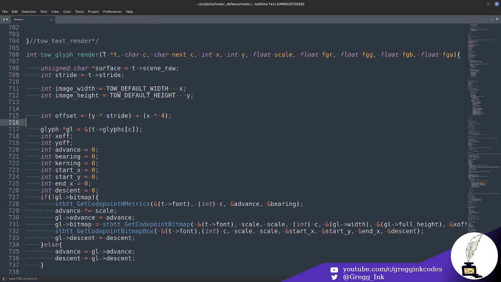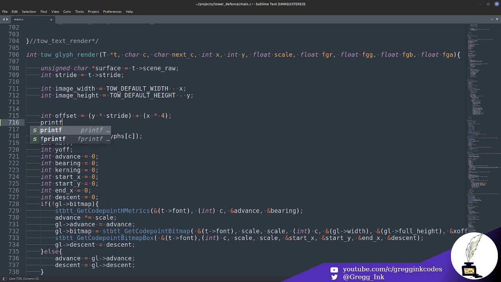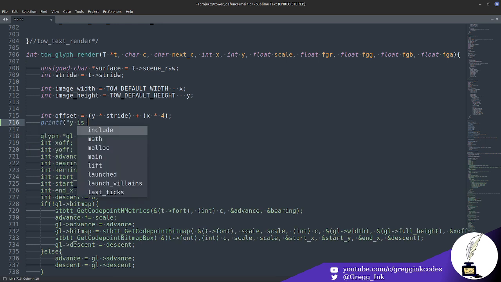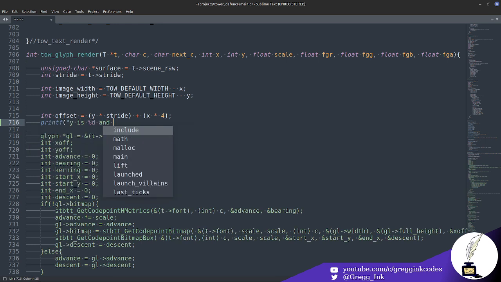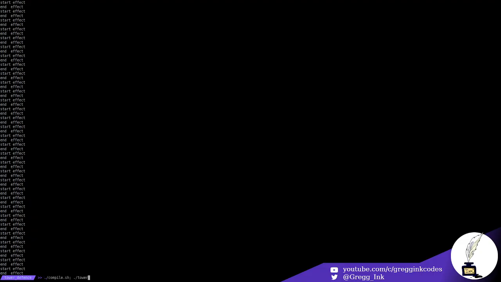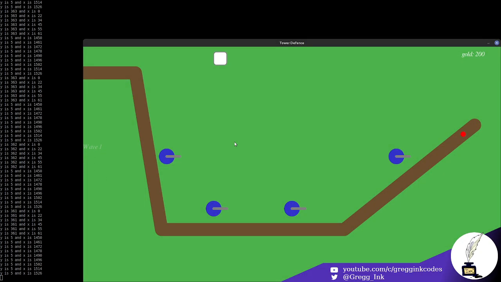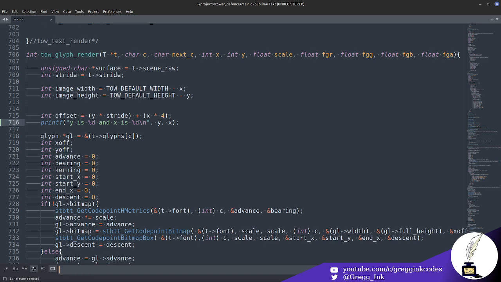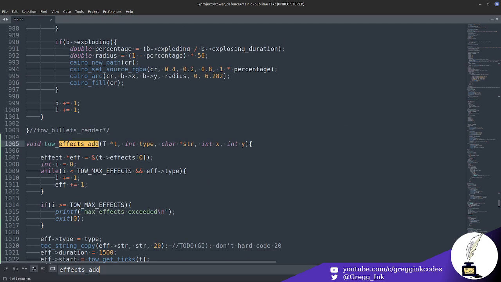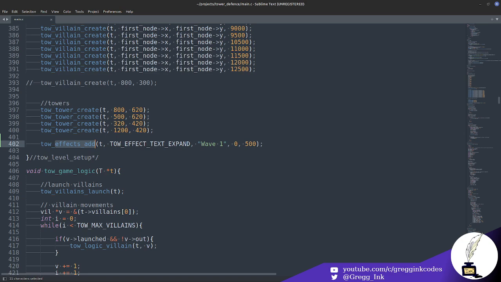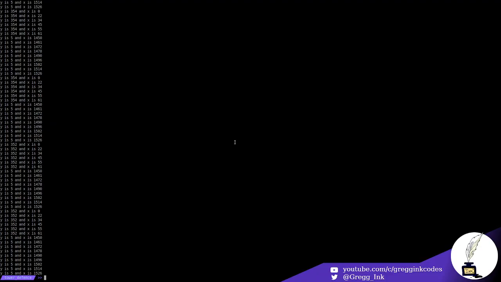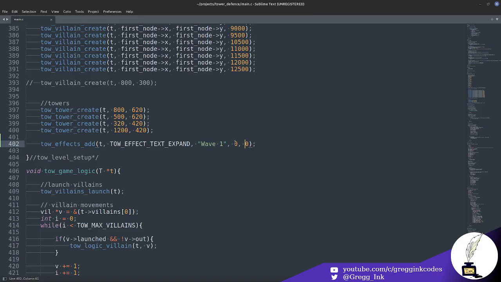Surface is here and offset is here. So now, printf. Y is and x is. So if we set this here to 0, y is negative 15, and that is